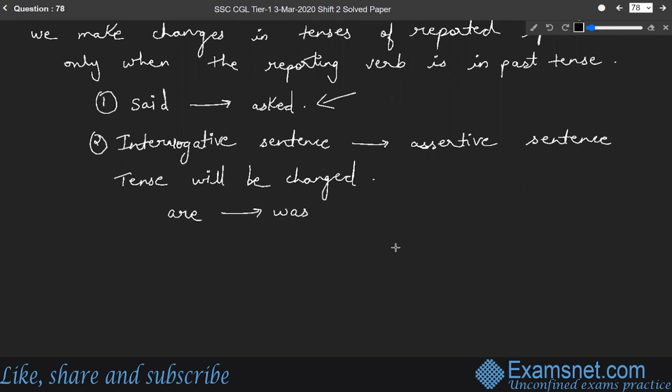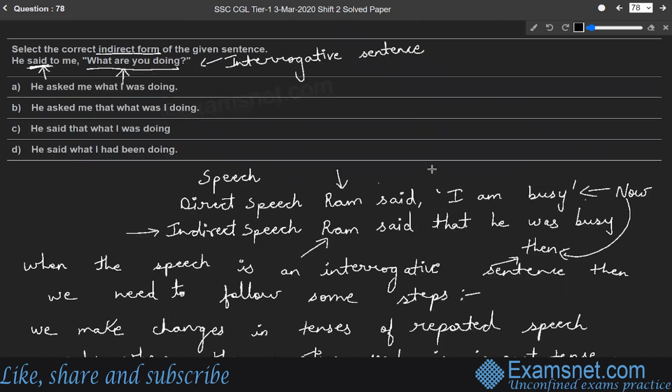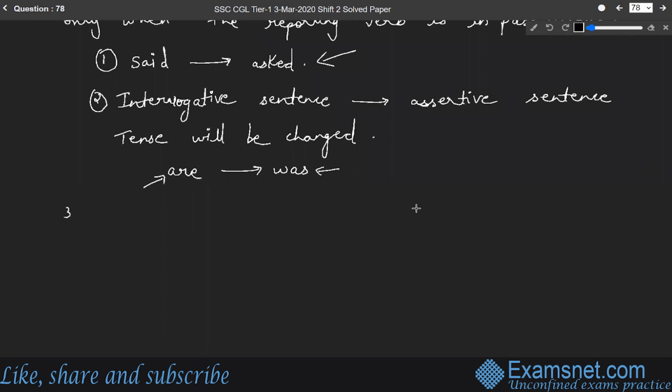So in this way, we change the tense of the sentence. You can see that are represents present tense and was represents past tense. So now we have changed the tense accordingly. Also, you can see that in this given sentence, there are some personal pronouns, like me and you. So here, the personal pronouns of the reported speech are changed as per the subject and object of the reporting verb. So the next step is personal pronouns